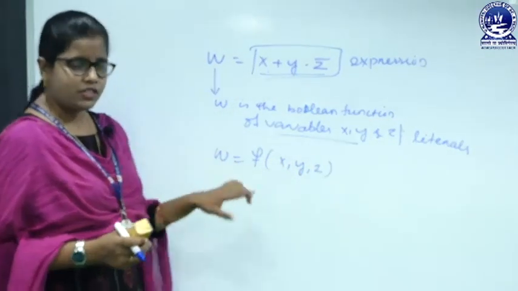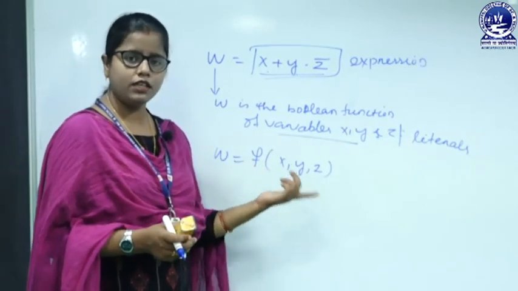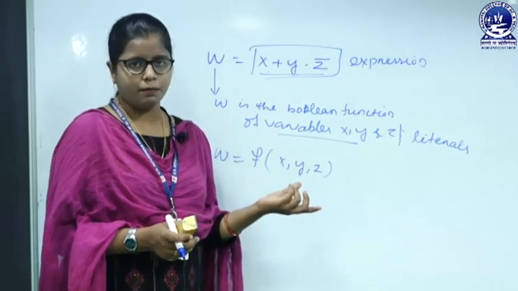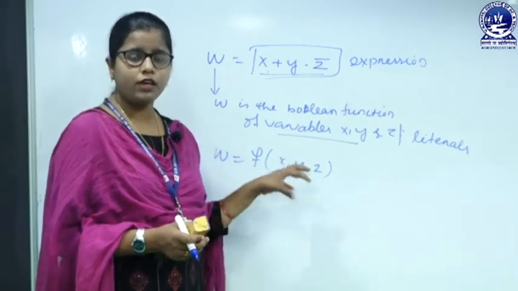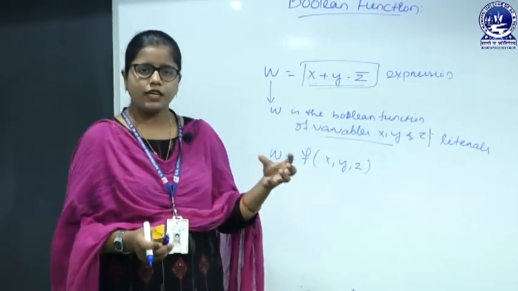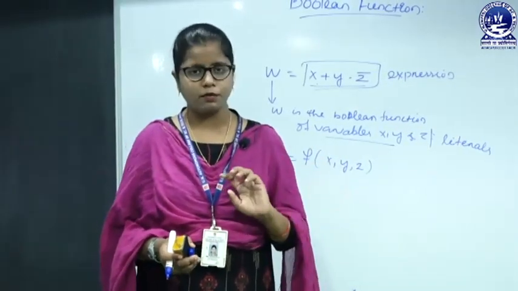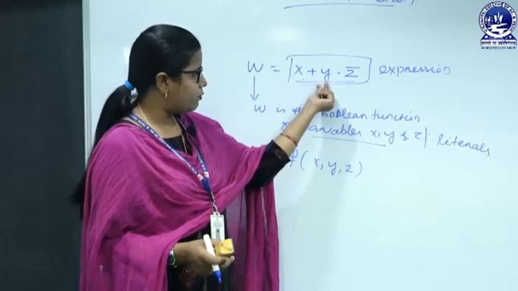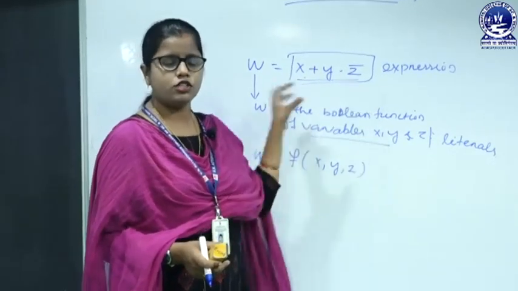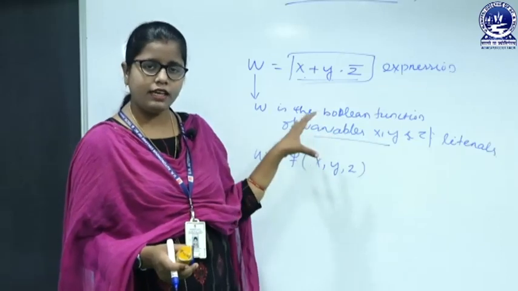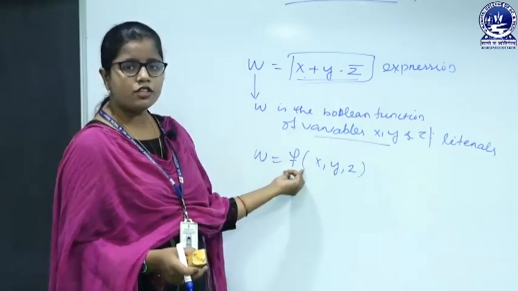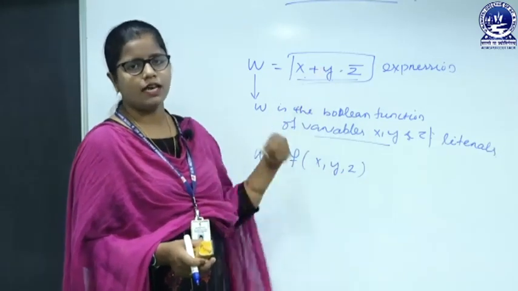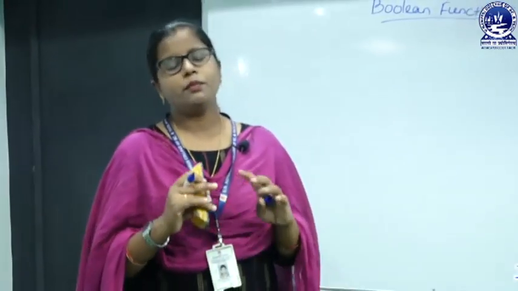And here if we mention f of x, y, z, that means we can use any form, like the normal form x or the complement form x complement, or the normal form of y or the complement form of y, or the complement form of z or the normal form of z. But in this example we are using the normal form of x, the normal form of y and the complement form of z. So this is what a Boolean function actually is. Any function can be represented by the list of variables or literals that we are using in the expression. So let us see how to minimize a Boolean function.